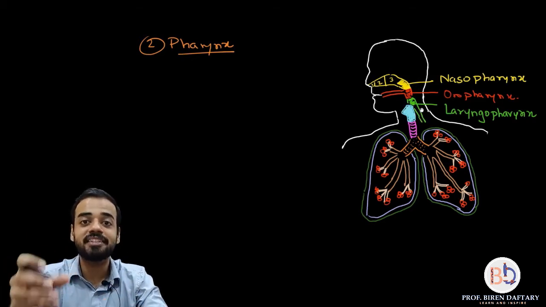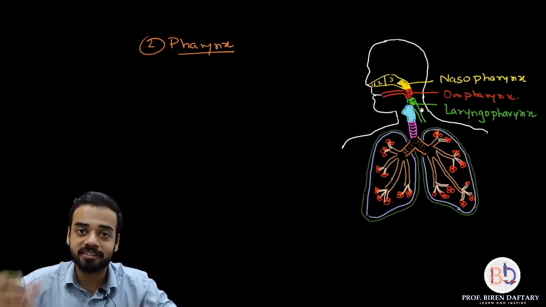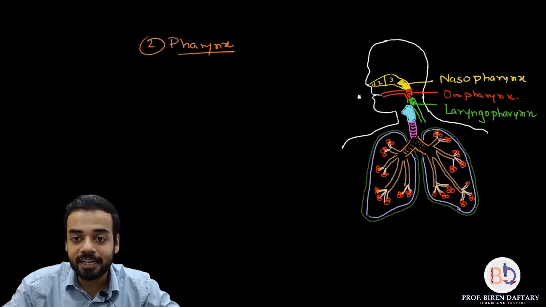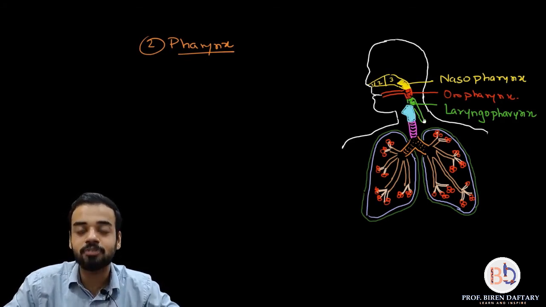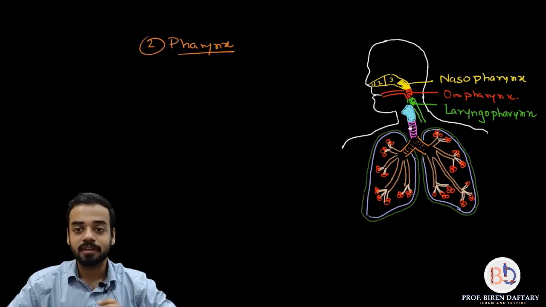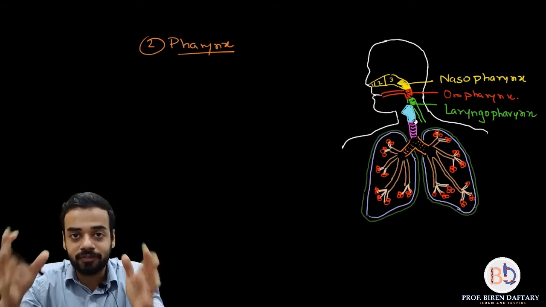So the pharynx is actually a common opening. We are giving these names so that it is easier to study them. It is not that they are all different parts, they are all continuous. So the laryngopharynx continues mainly into the larynx, but it also continues into the esophagus. Okay, is this clear? So that is your division of the pharynx.